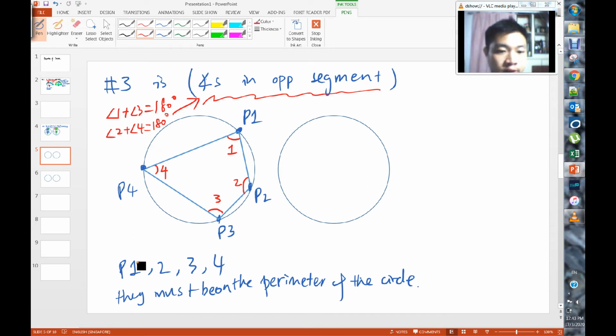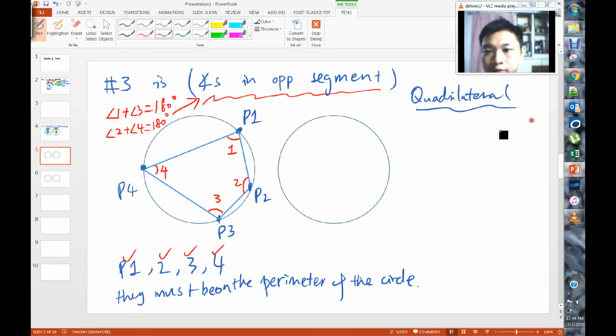So if you have 4 points, and they are on the perimeter of the circle, and these 4 points form a quadrilateral. Okay, these 4 points form a quadrilateral. So for the benefit of some of the students, what's the meaning of quadrilateral? It means it's a 4-sided polygon